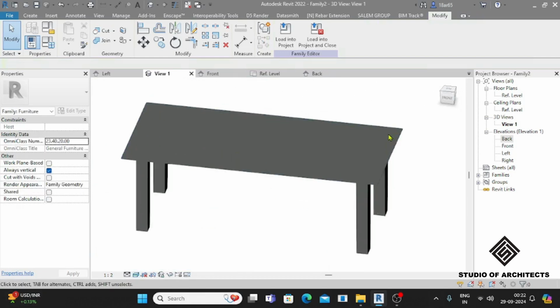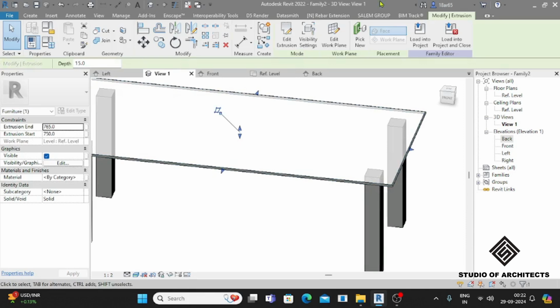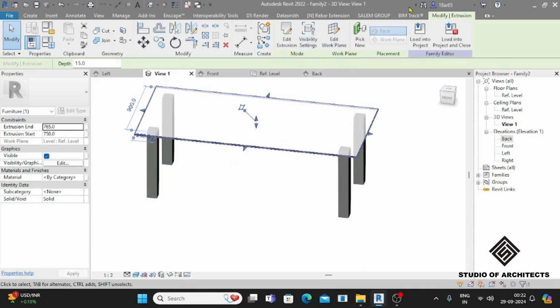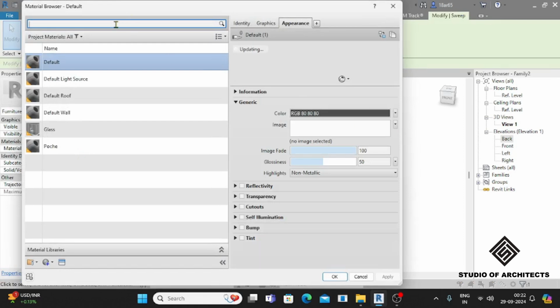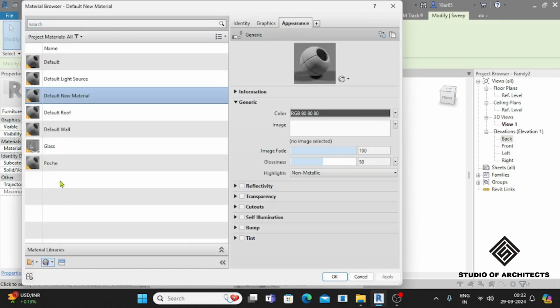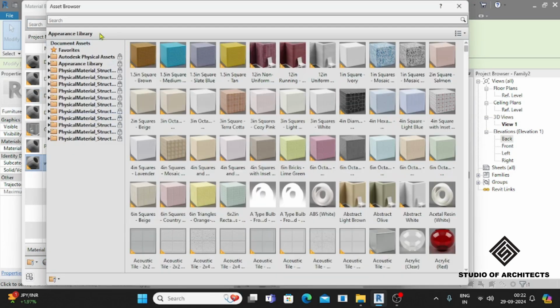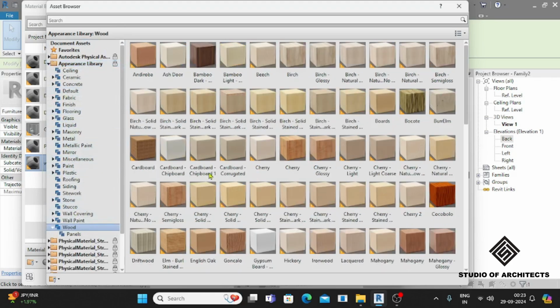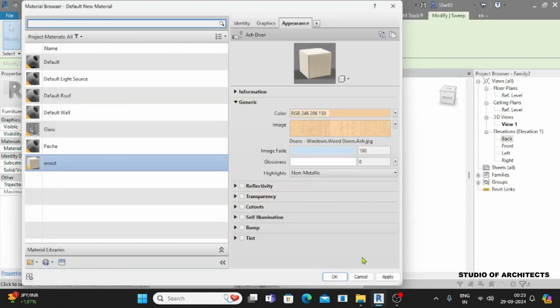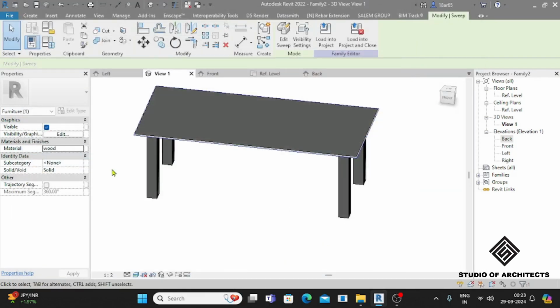Now add the materials. For adding materials, go to select material, search for wood, create new material, go to the name, wood, and go to the appearance library, glass, wood. We are adding wood. Okay,